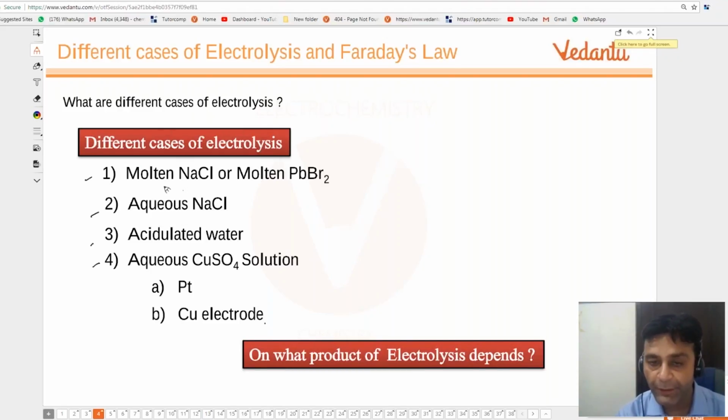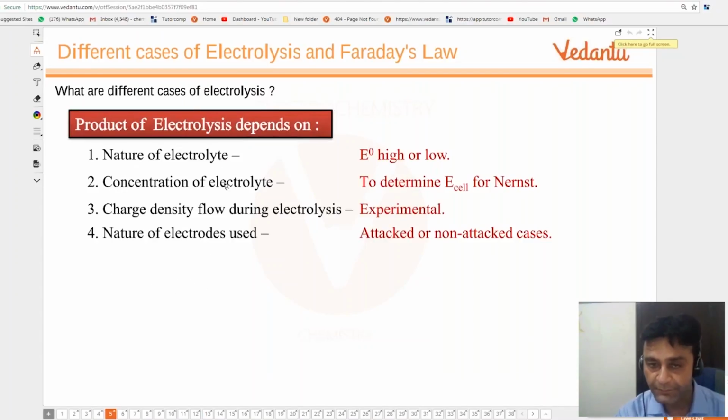So number one, we'll be discussing molten or aqueous, acidified water, copper sulfate solution containing platinum or copper electrode. So different cases I will be discussing here. Getting me? First of all, I have taken the example of molten NaCl, right? Nature of electrolyte, concentration, current density, and